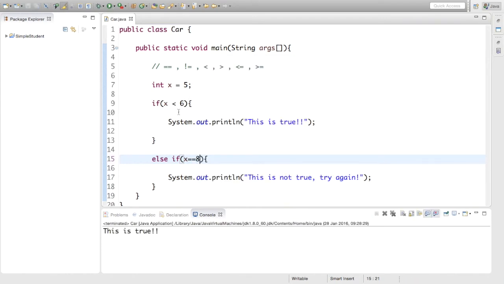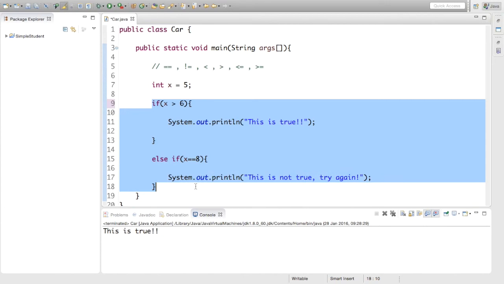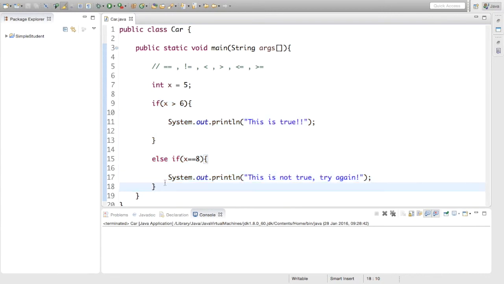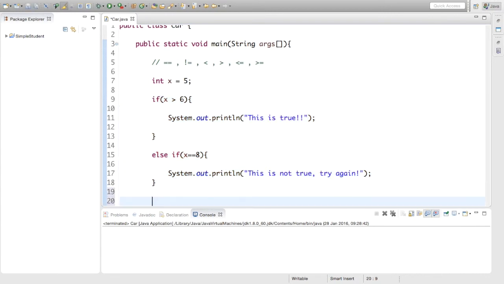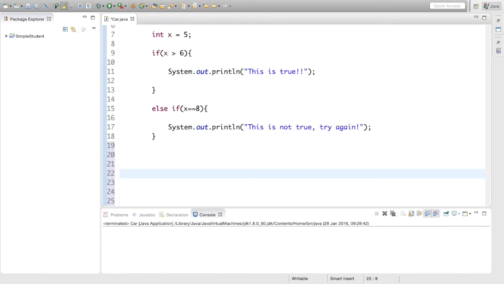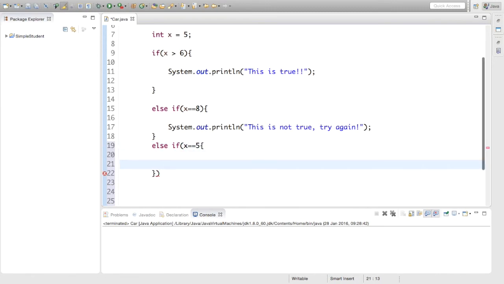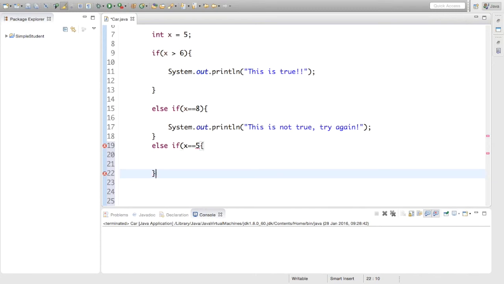This is true. Now if we make this if x is greater than 6, so now both of these aren't true. Okay? So what will happen here? As you'd expect, nothing printed because neither of these are true. But you can actually continue and put as many else if statements after this. So we can now say else if x is equal to 5, we can say